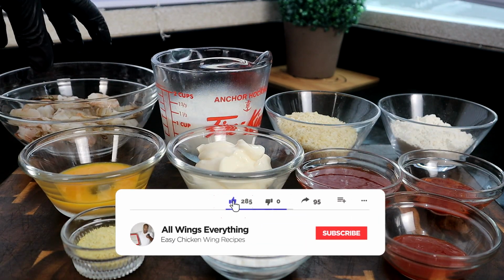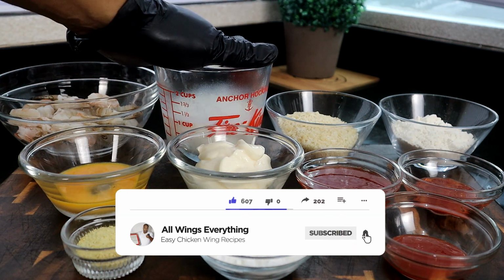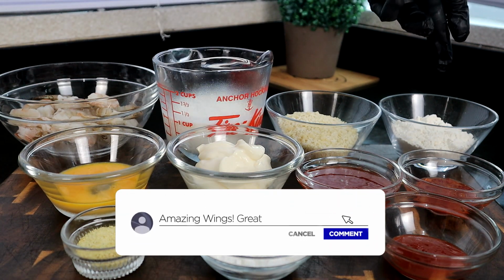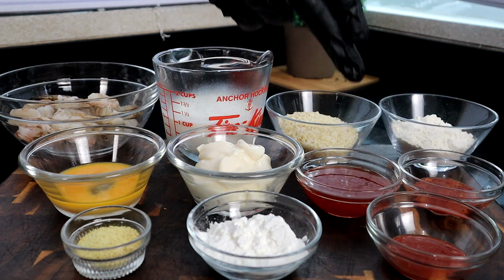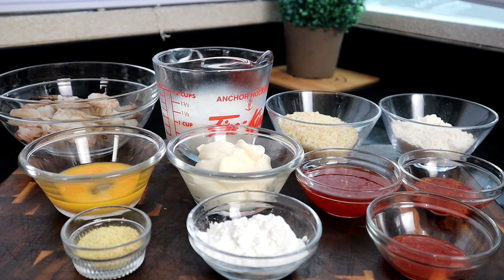Let me tell you what we have. We have our shrimp over here. We have some buttermilk here, panko bread. We use some flour. We have garlic chili sauce here, some sriracha sauce, some sweet chili sauce, cornstarch, mayo, egg,